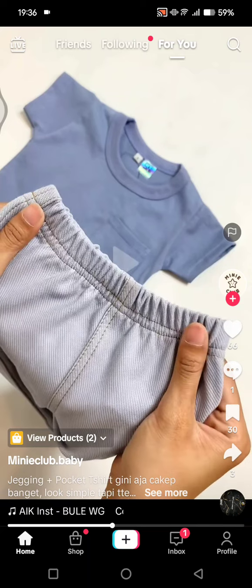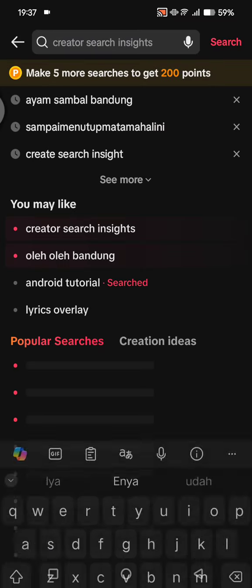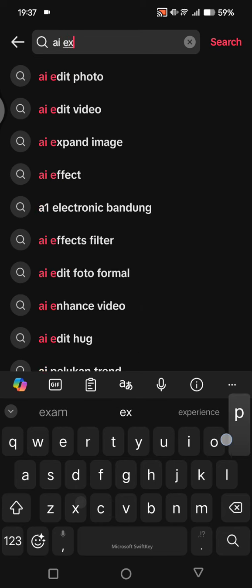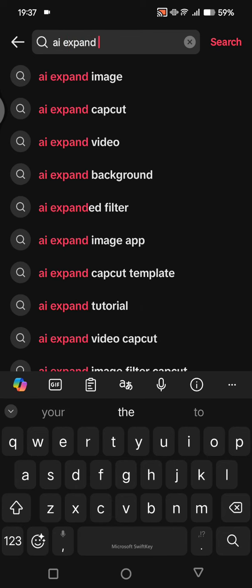On today's tutorial, I'm going to show you how you can create the AI expand photo trend using the CapCut template. So if you want to create that viral expand photo trend, you can just open your TikTok first and then go to the search bar and then just type in AI expand photo